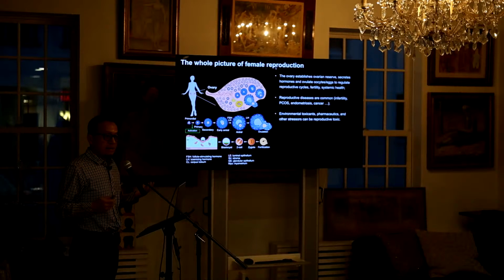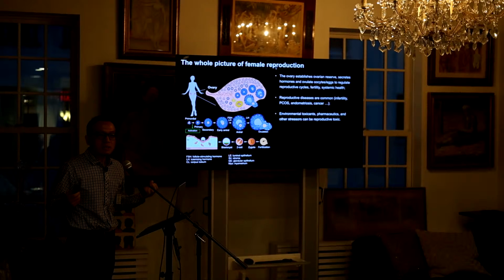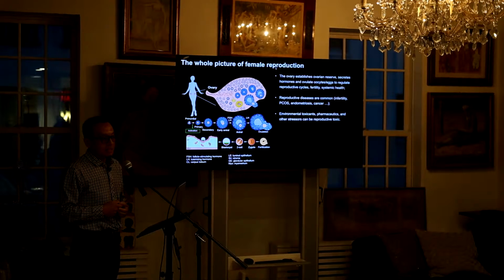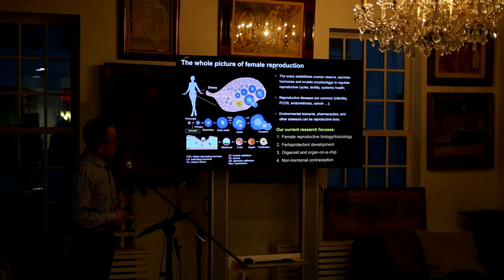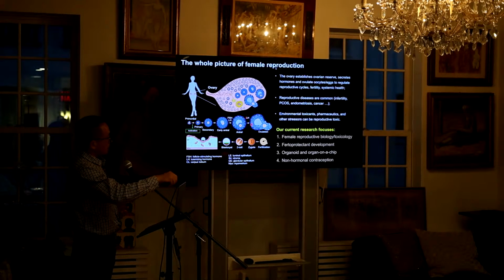And since I primarily focus on toxicology, we are also interested in how environmental toxicants, chemo drugs, irradiation, and even the emerging immunotherapy will affect women's reproductive health, especially in the ovary, and we do some uterine research as well. So to make a long story short, currently my lab is primarily focused on these 4 areas.